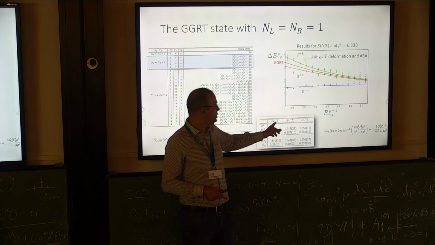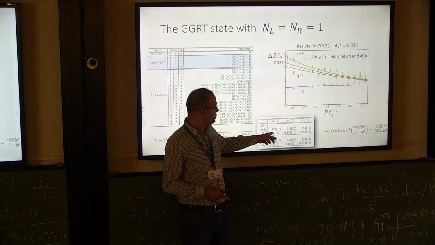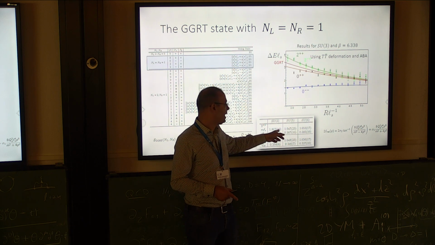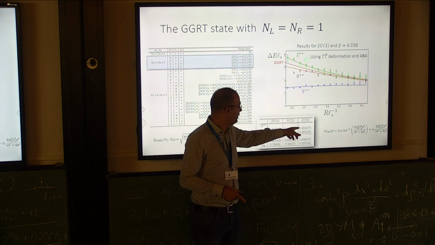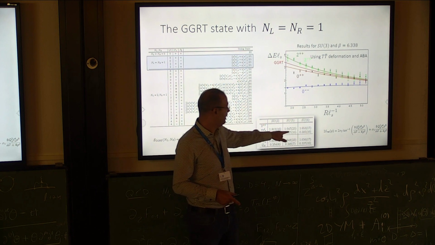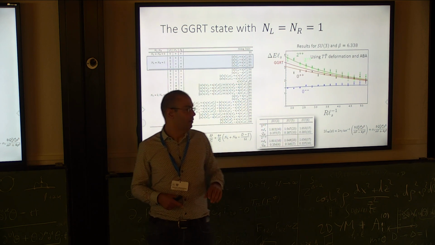And if you compare SU3, SU5, SU6, you can see that the mass of the axion slightly depends on the N, okay? So it basically acquires a more or less constant value around 1.65.